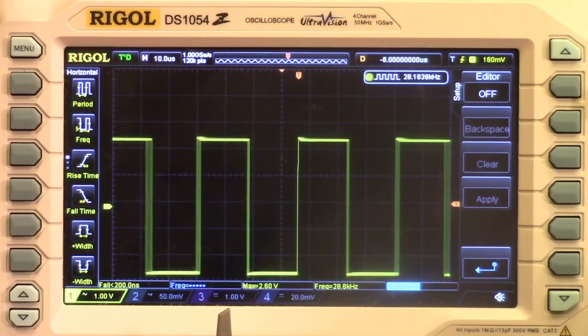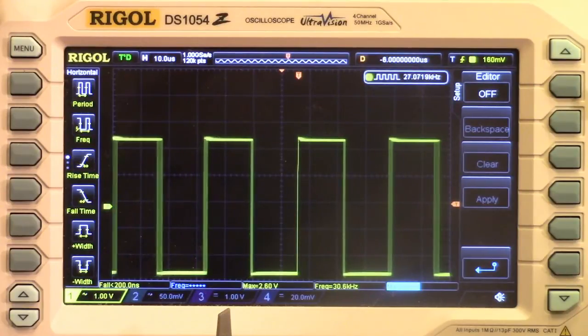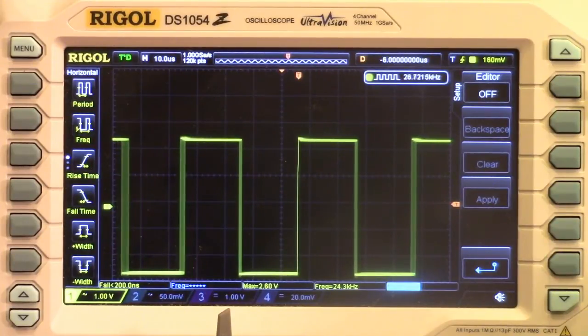Look at that, he doesn't change much. He goes from 27, there's nothing. I put him right in front of him where he's reflecting right off of that, and he goes up to about 30. So it really doesn't change much there, which is what you'd expect from a really good filter. So if we go back to blue,